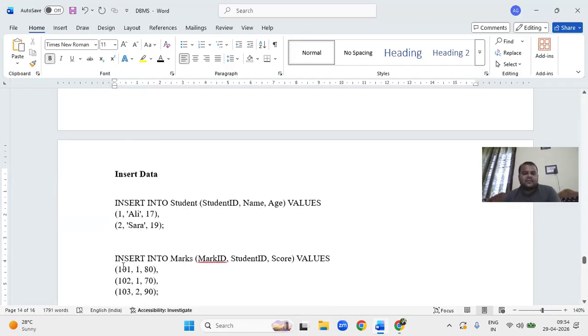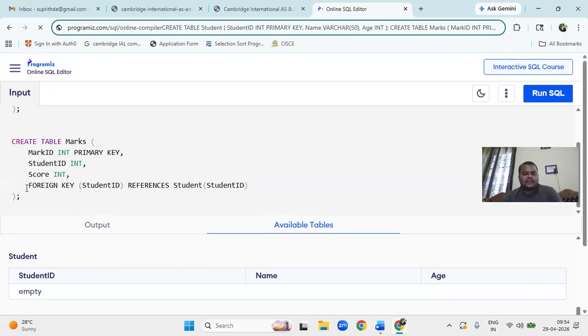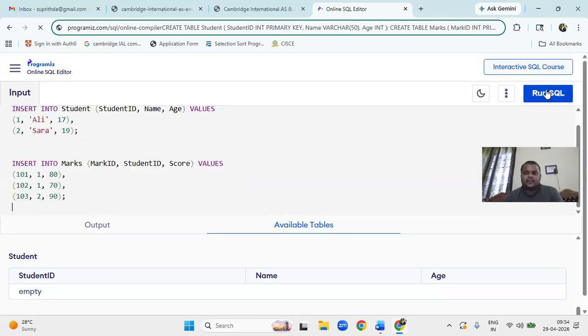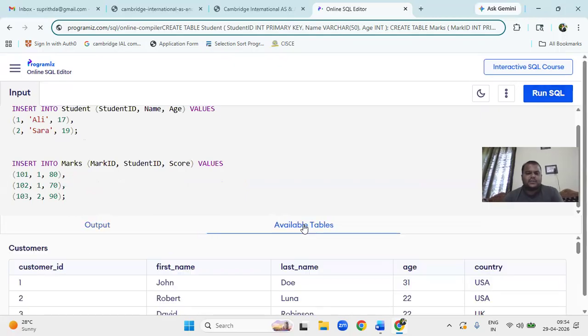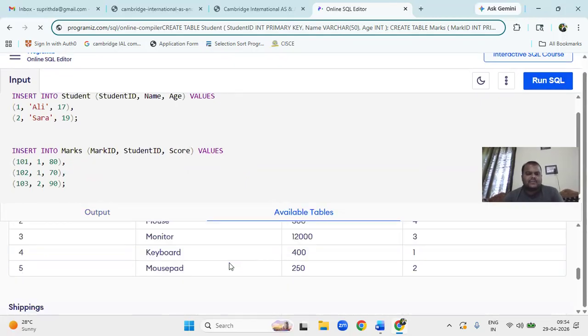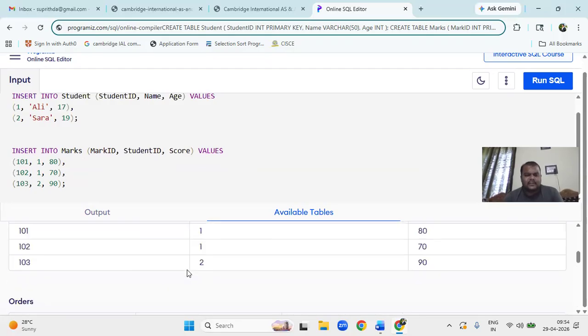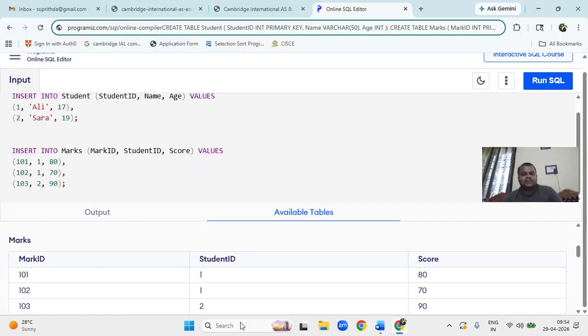Now we can go and check. Student Ali, Sarah, 17 and 19, and insert into the marks table. Marks here, so you can see marks. Mark ID is 101, 102, 103, and 112, 80, 70, and 90, right? So yes, it is going to create. The next task is